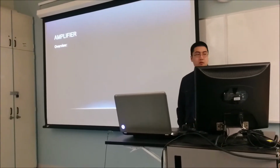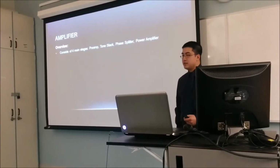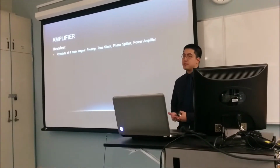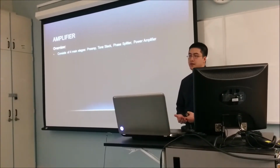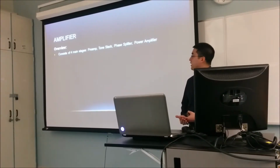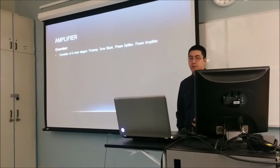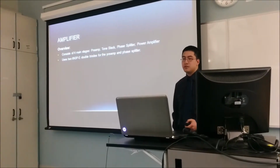Alright, so an overview of our amplifier. It consists of 4 main amplification stages. There's a preamp section, there is a tone stack, there is a phase splitter, and a power amplifier. I'll go into more detail about how they work in a moment. It uses 2